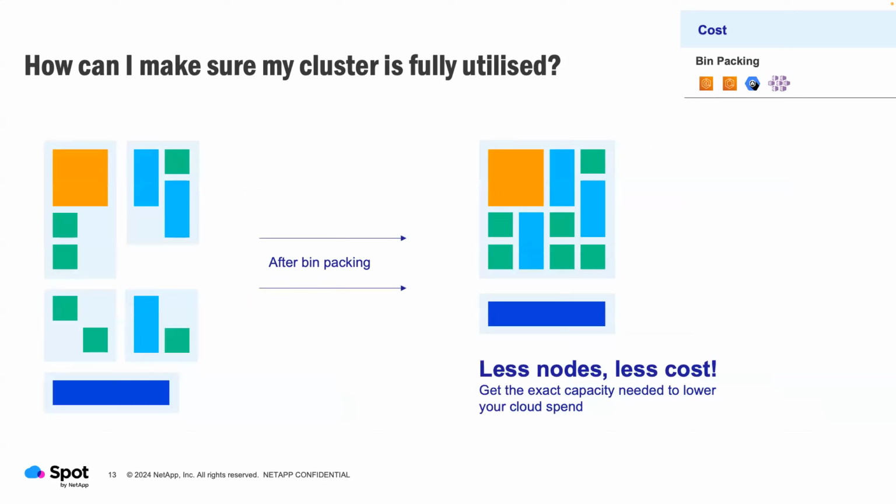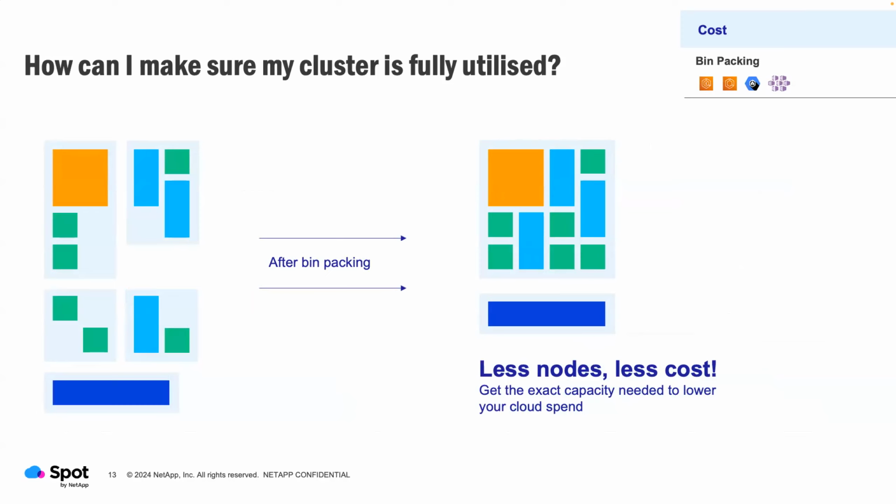The other thing is to make sure that, yes, it's good to pay less. We might be paying 60% less for our instances, but even when I'm getting a good sale, I want to make sure that I'm actually using what I've bought. So this is where our bin packing component comes in. On the right-hand side, you can see there's a number of instances deployed there with our pods living on them, but there's lots of gaps, lots of white space, lots of waste of resources. You're paying for that, but you're not necessarily using it.